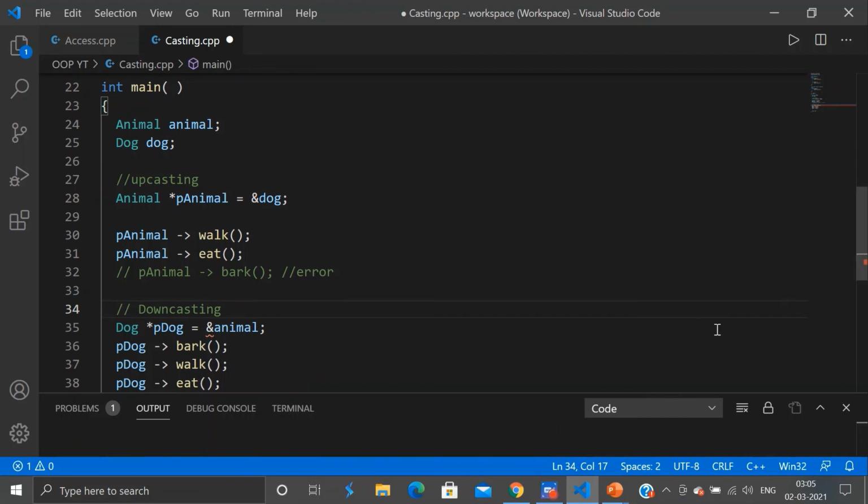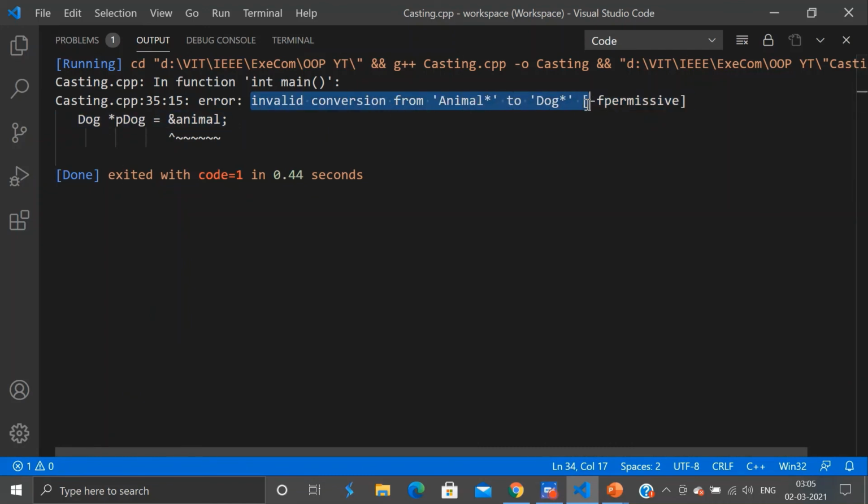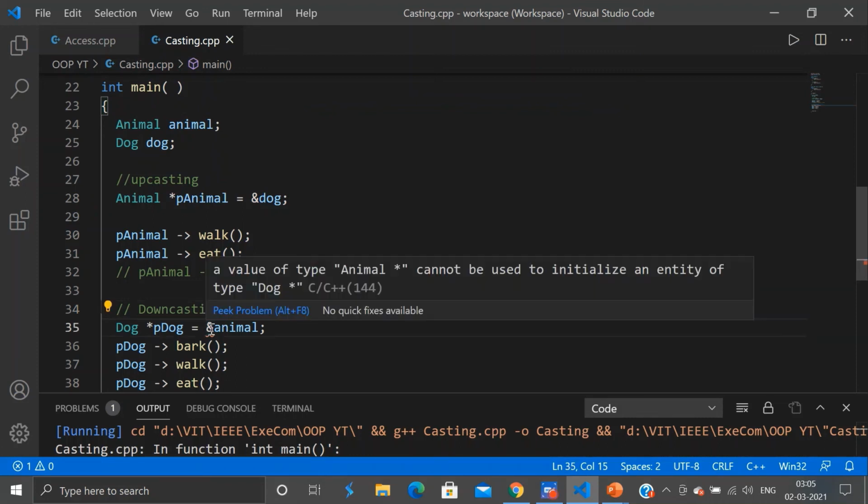And now running this would result in an error because we have not specified the type that we are converting to, and this conversion is not valid.